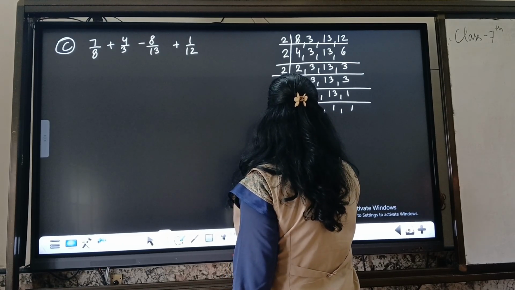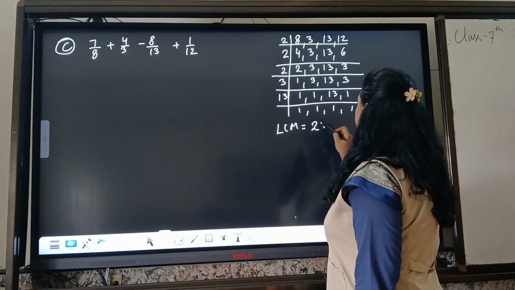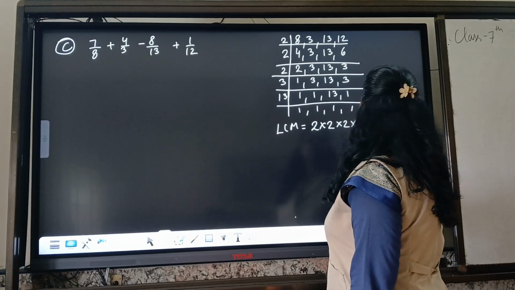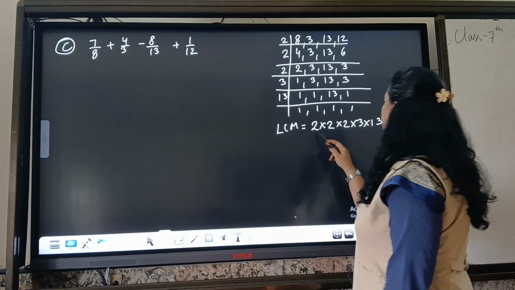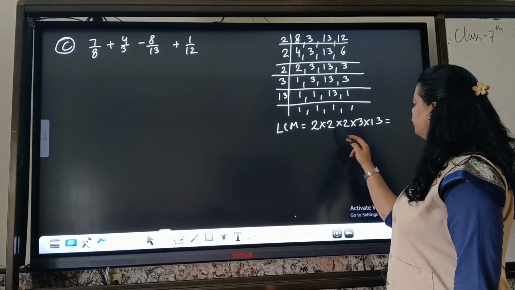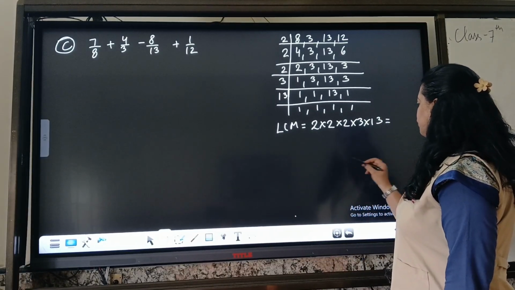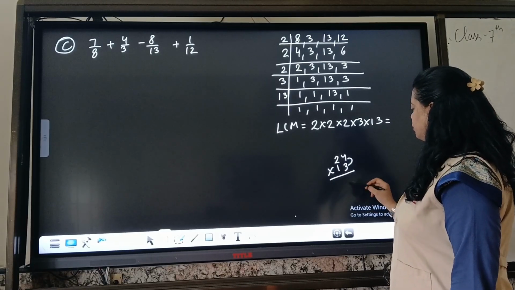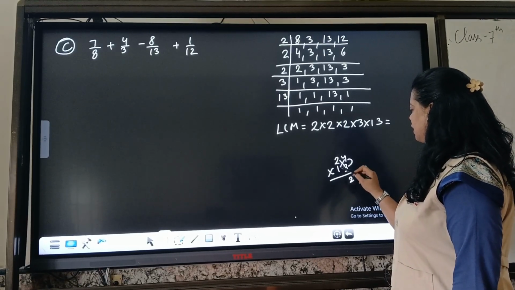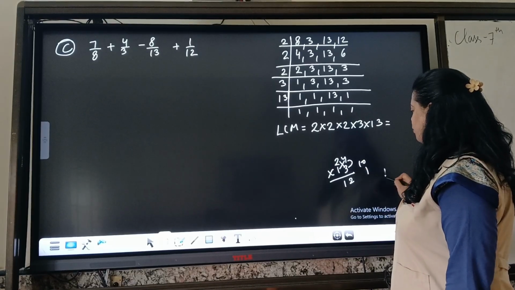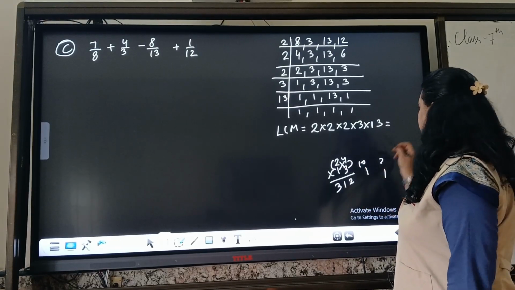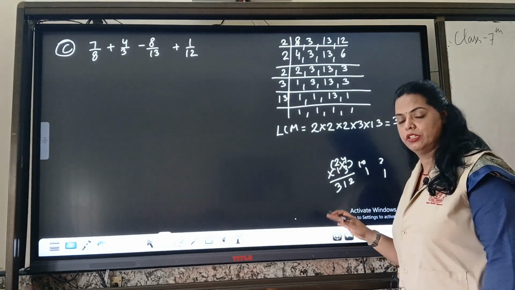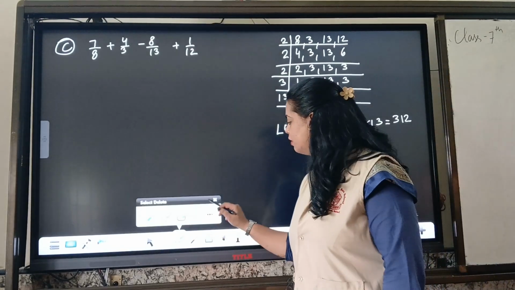So the LCM is 2 multiplied by 2 multiplied by 2 multiplied by 3 multiplied by 13, and it will give you 2 2s are 4, 4 2s are 8, 8 3s are 24, 24 into 13 you can do. 3 4s are 12, 6 and 4 is 10, 10 plus 1 is 11, 1, 2 1s are 2 and it is 3. So your answer should be 312. I am using Vedic Maths for the calculation. You can use your traditional method for the calculation, children.